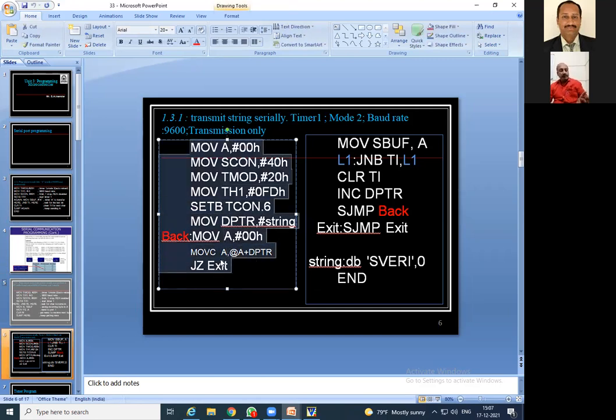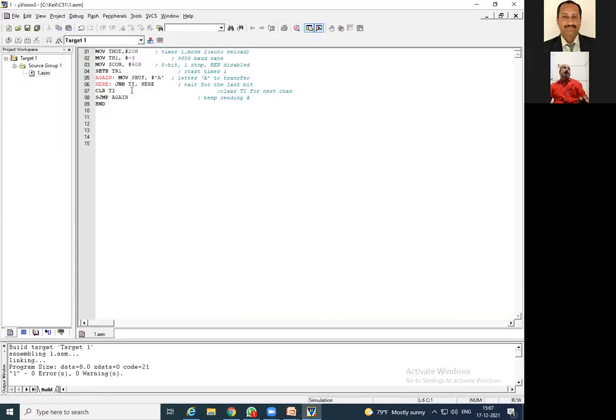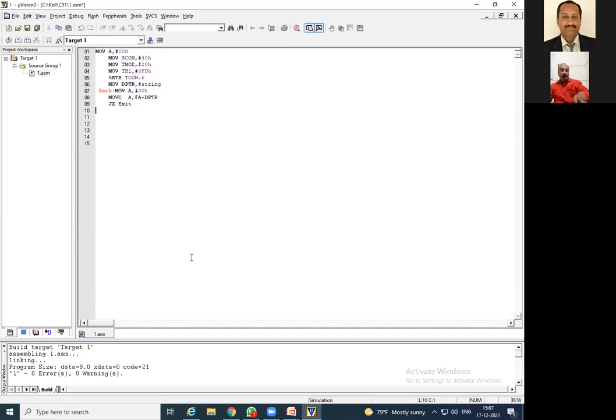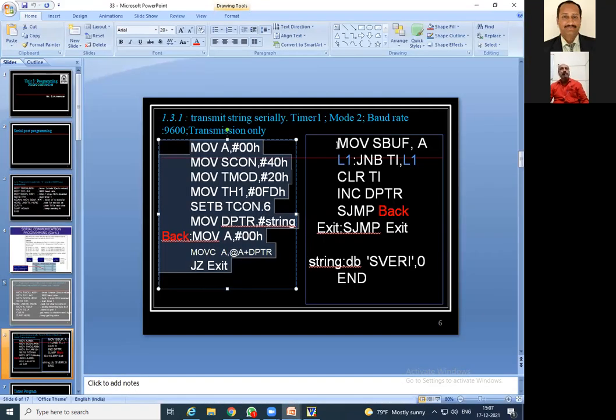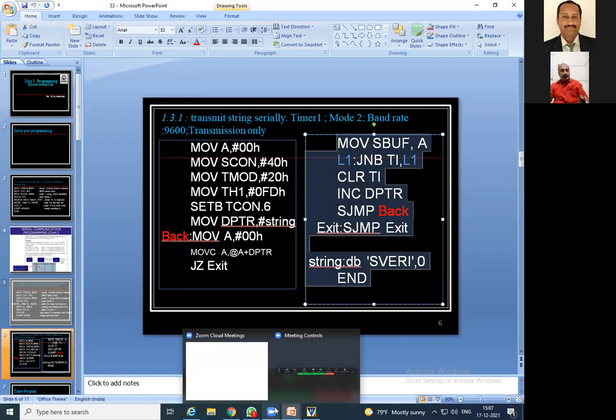Let us copy this code, and I will copy the remaining code also. This code is to transmit the string.